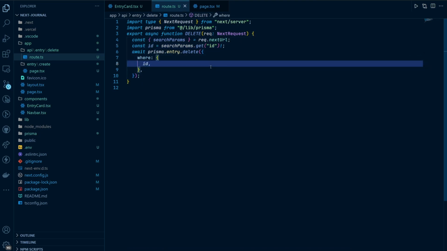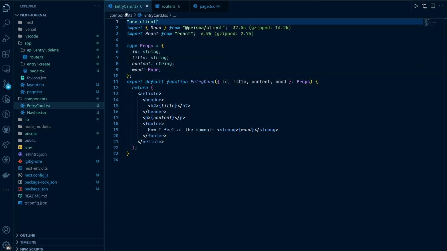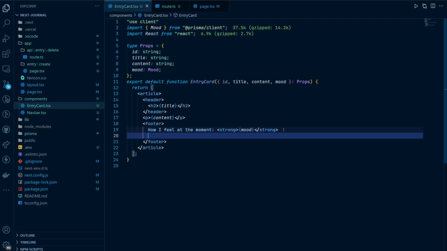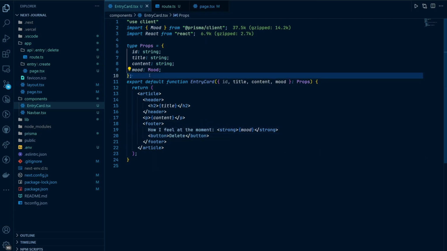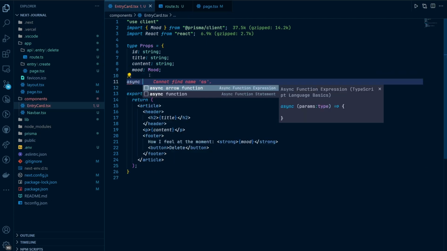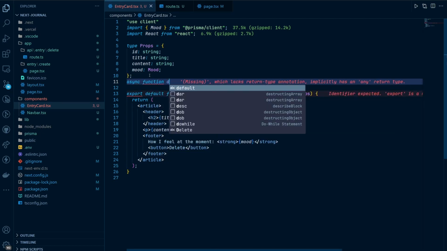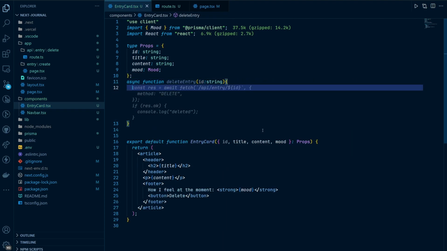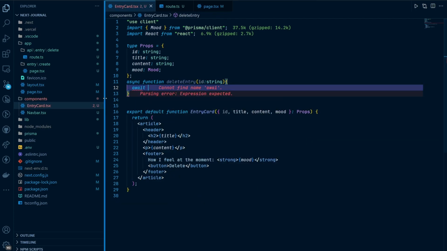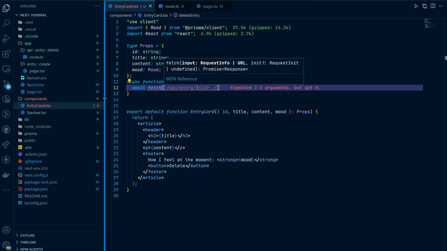Now that we're ready to use it in our front end, let's go back to our entry card. In this footer, I'll add the button right here. So first off, I'm going to go ahead and type in button delete, and then somewhere outside the entry card, I'm going to make an asynchronous function called deleteEntry. And this function will take in an id as a parameter. Now we're going to use the fetch API to delete records. So delete our entry. So await fetch a template string